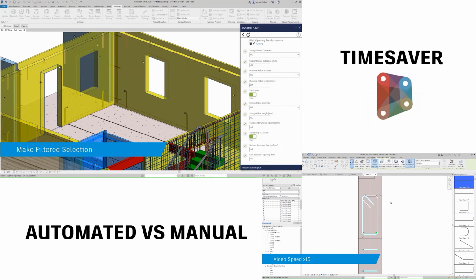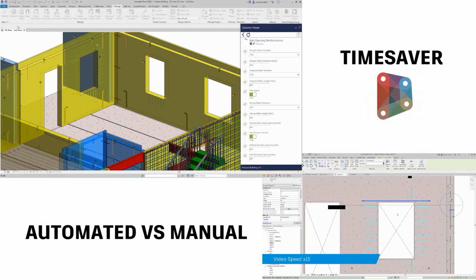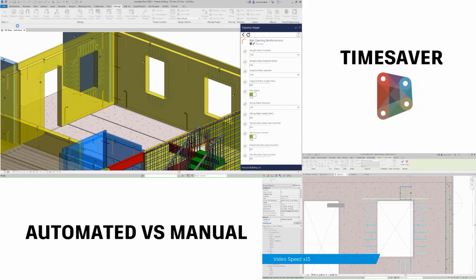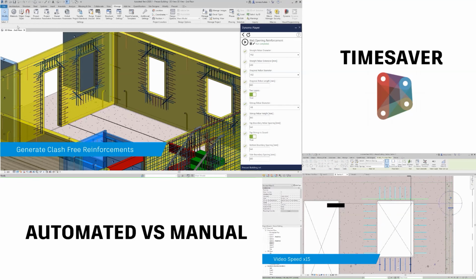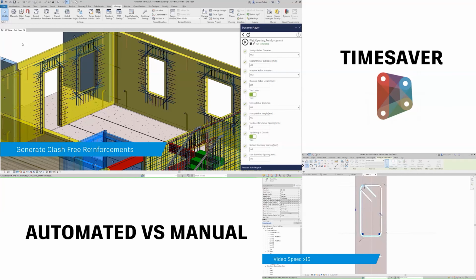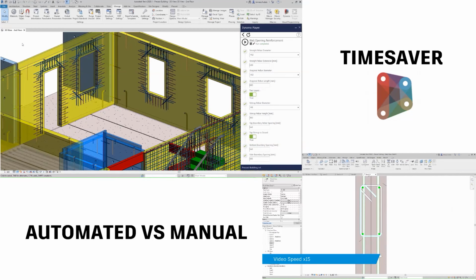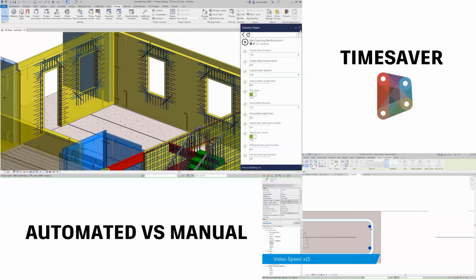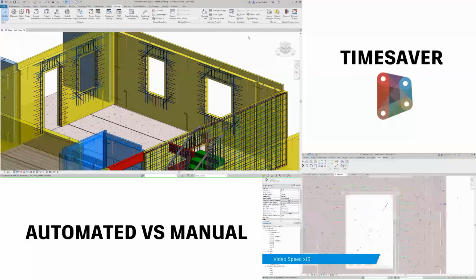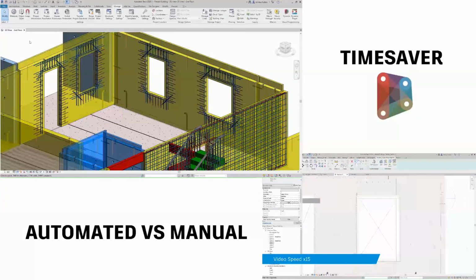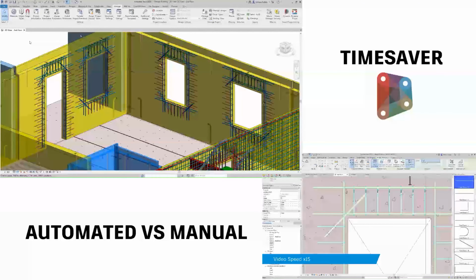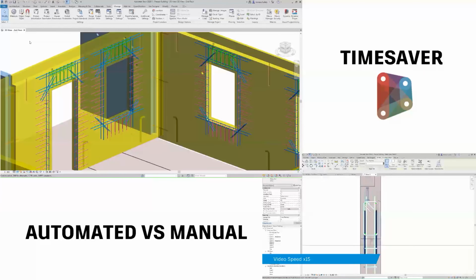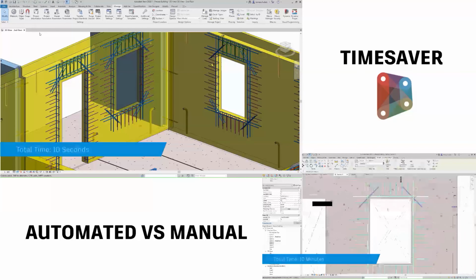The second demo shows the generation of rebars for several window and door openings simultaneously using a Dynamo script that is run via Dynamo Player. The difference between the traditional manual modeling and the automated one is super clear, and the value added by the automation is incredible. In this example, I was able to speed up the concrete detailing process about 60 times.